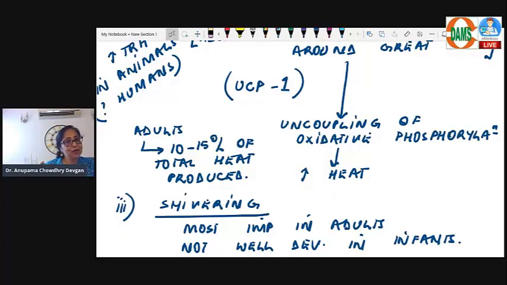A lot of people say winters are tough on the elderly, isn't it? Because there is increased sympathetic discharge in winters. In the elderly, whose hearts are already compromised, there are generally cardiac conditions. So an increase in sympathetic discharge and total peripheral resistance puts an extra load on an already compromised heart. That is why winters are so tough for the elderly.